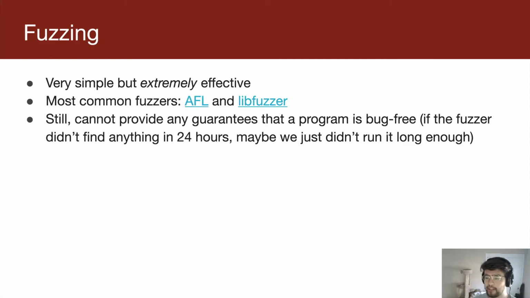because this process never actually finishes, right? You're just generating more and more random inputs, and you're trying to find the right random inputs. But if your fuzzer runs for 24 hours and it didn't find anything, maybe it just didn't find the weird edge cases yet, and maybe it will if we run it for longer, or maybe there are no weird edge cases and everything runs fine.